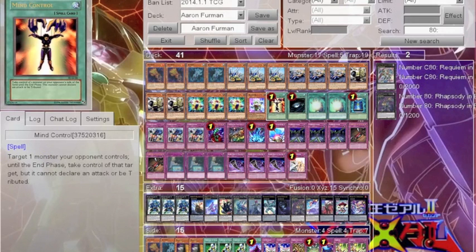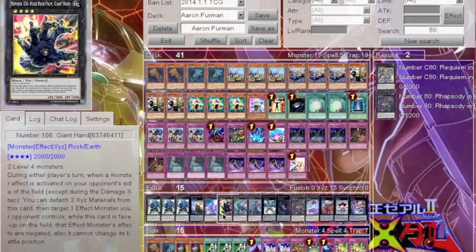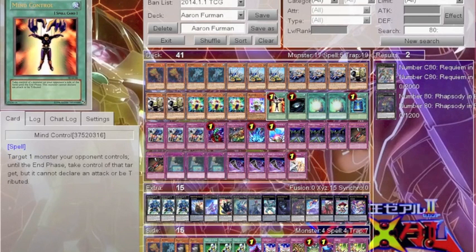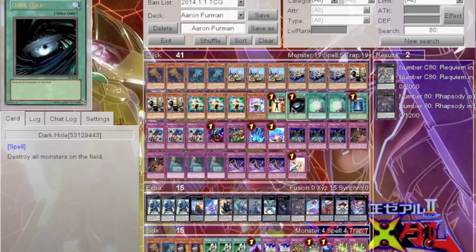You're going to be facing a lot of level 4s this format that are just going to be sitting around on the field as opposed to going straight for the extra deck, which used to be a fairly common thing last format. Mind Control is a good card because it allows him to extend plays through various things, be able to go for things like Giant Hand and be able to sit on that using your opponent's monsters. Just a very, very good format for this deck in particular to be using Mind Control. Then you've got Dark Hole,